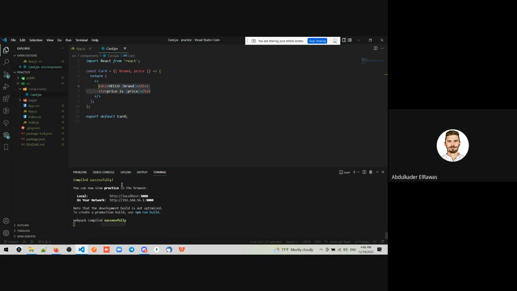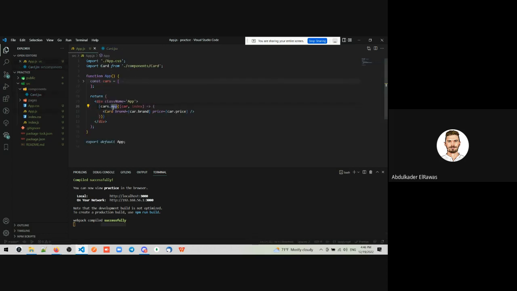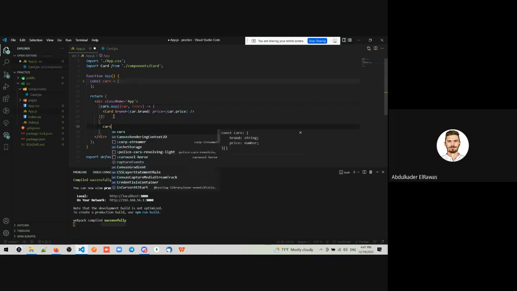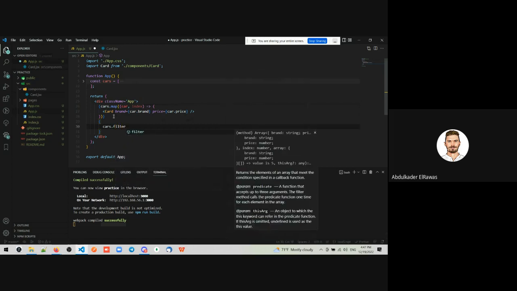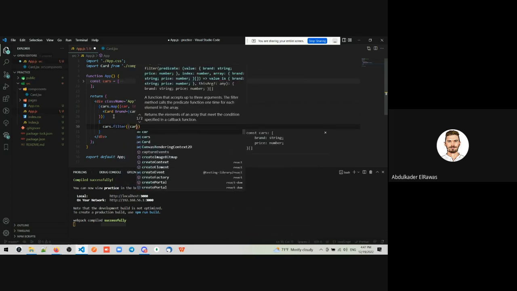But basically, there are multiple functions for arrays other than map, like filter, like reduce, and so on. Filter is used to filter the array and only get the object that we want. Okay, let's try it. So filter is like an if condition. Yes. So cars.filter, filter the car